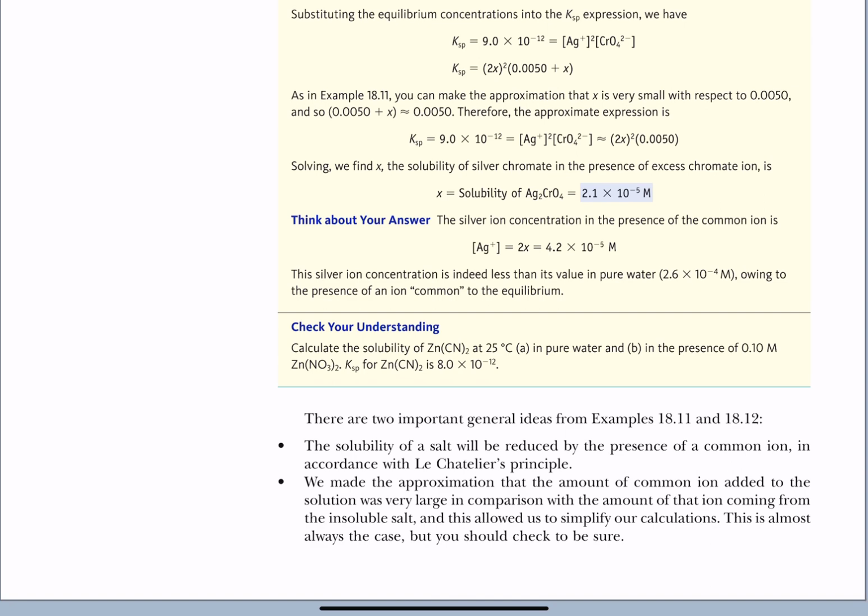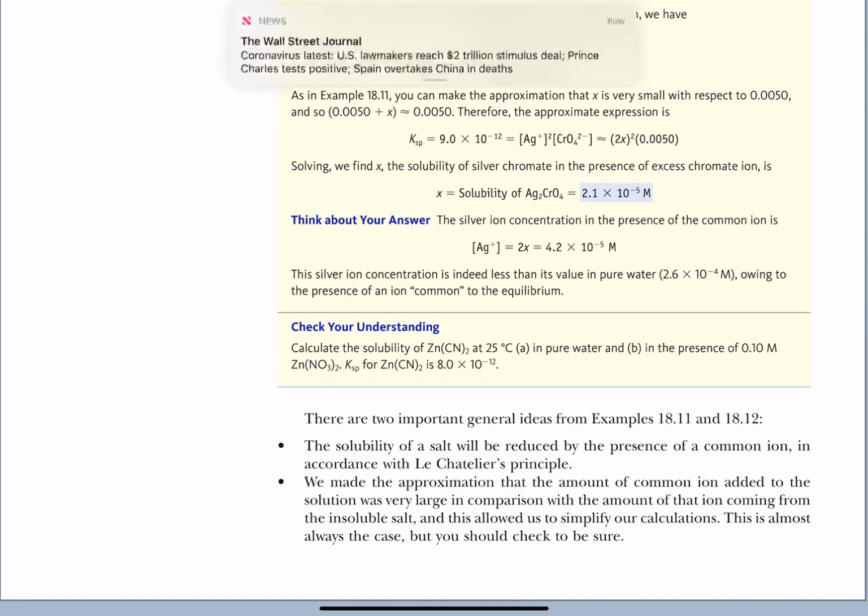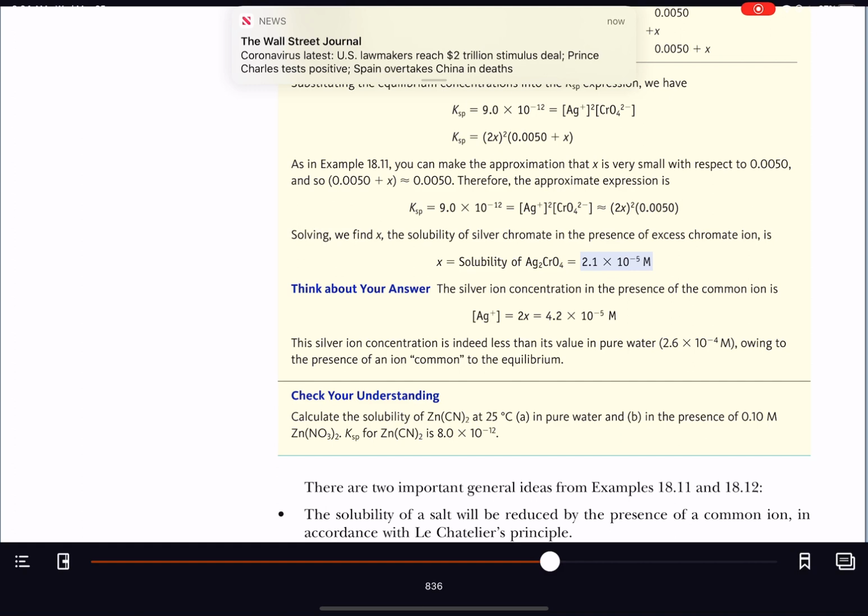Here's a most common mistake. Notice that we have 2x,